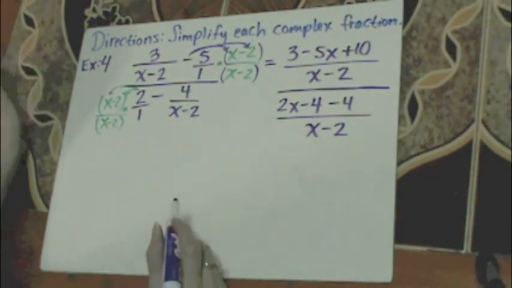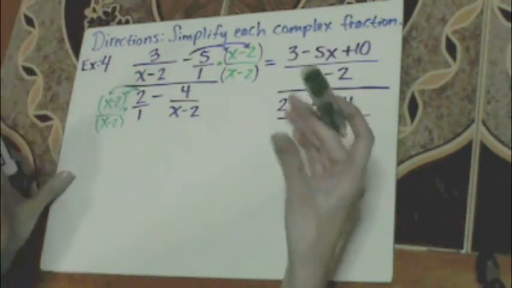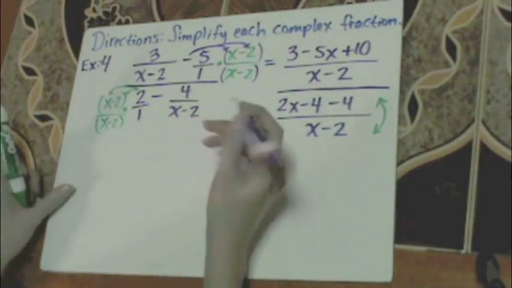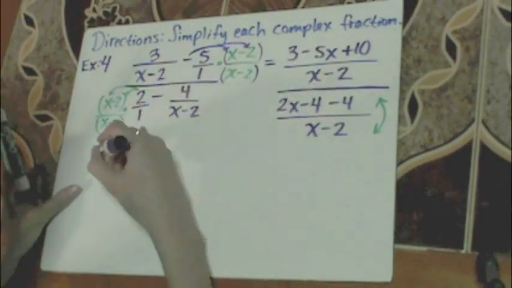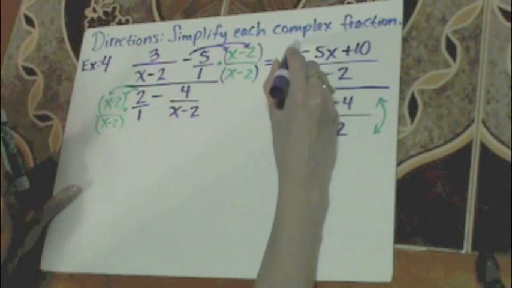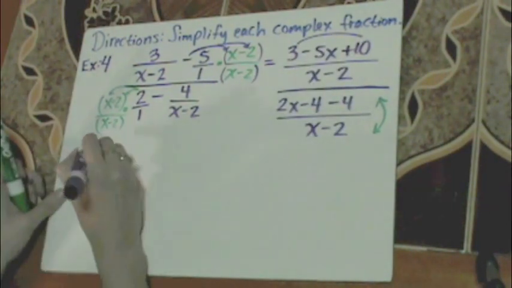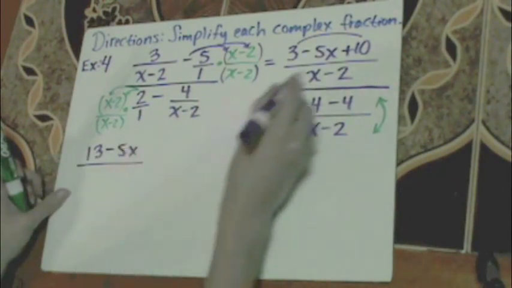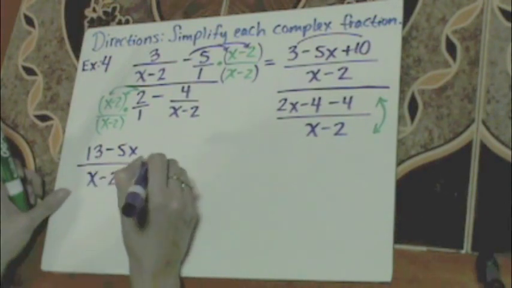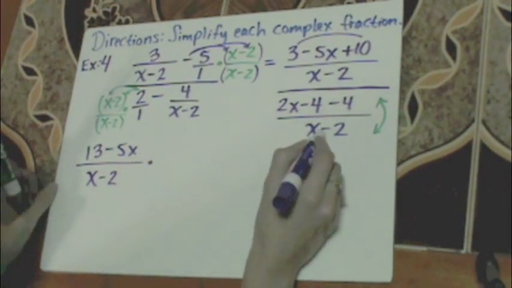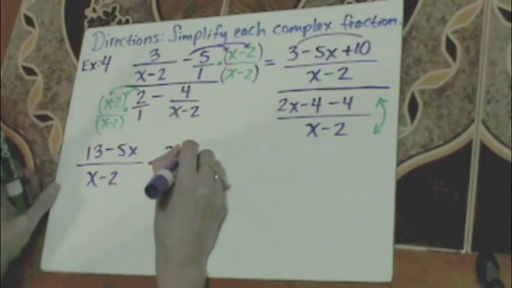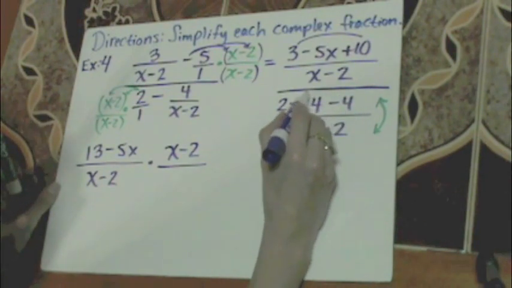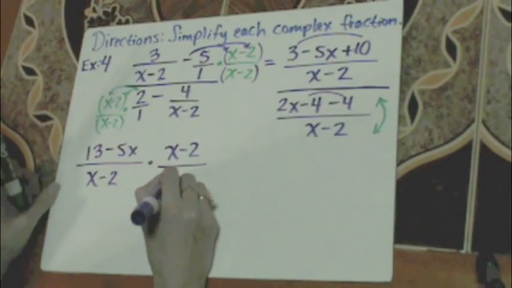Okay, so then I have a fraction divided by another fraction, so I need to flip this. Okay, so now I'm going to actually put these together when I write that down here. So I'm going to combine like terms. So I've got 3 plus 10, which is 13, minus 5x divided by x minus 2, times, flip this, so this is going to bring that up, so that's x minus 2, and I'm going to combine like terms here, so that's 2x minus 8. So combine these two right here. So then that's 2x minus 8